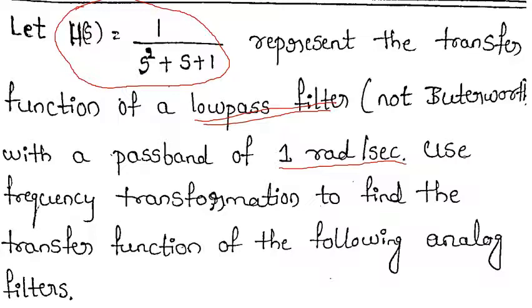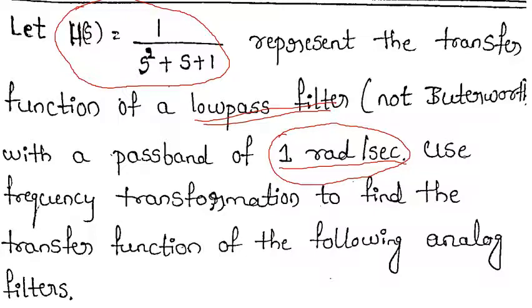So in the initial part of the question, they have given H(s), and they say that it represents a transfer function of a low pass filter, and they mention this is not a Butterworth filter. They have also mentioned the passband frequency of this filter as 1 radian per second. Now,